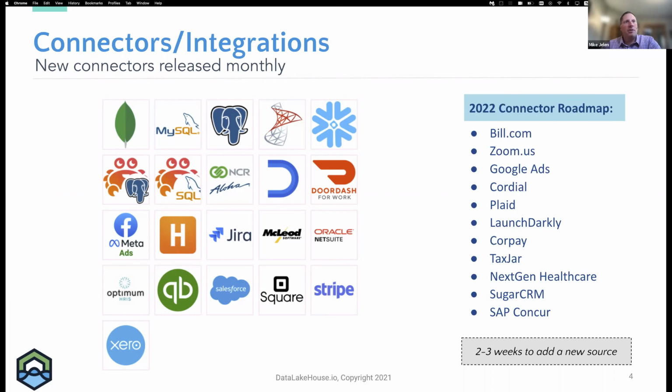Naturally, we'd love to hear from customers: which ones are they using, and what business questions are they looking to answer? And there are other source systems we'd love to hear about from your perspective, what's a high priority to get data from and what use cases you're driving towards. Because it only takes us 2 to 3 weeks to add a new source, we can add that very quickly, at least getting that data landed into